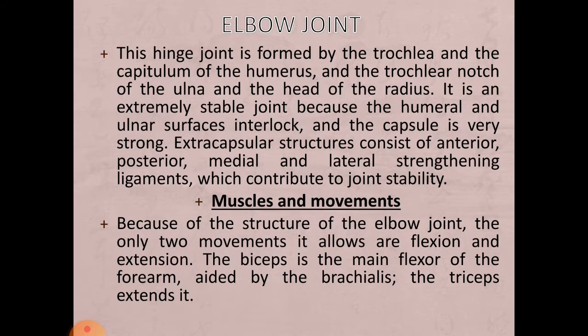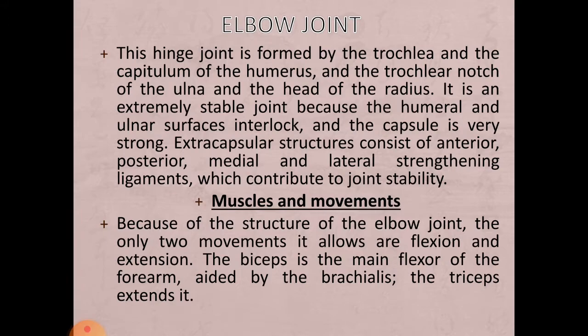Next we have the movements and the muscles that are involved at the elbow joint. This is the hinge variety, so definitely there will be limited movement, and the movements that can occur at the elbow joint are flexion and extension. The biceps is the main flexor of the forearm, and the biceps is the muscle of the anterior compartment of the arm, and the action of the biceps will be aided by the brachialis muscle,